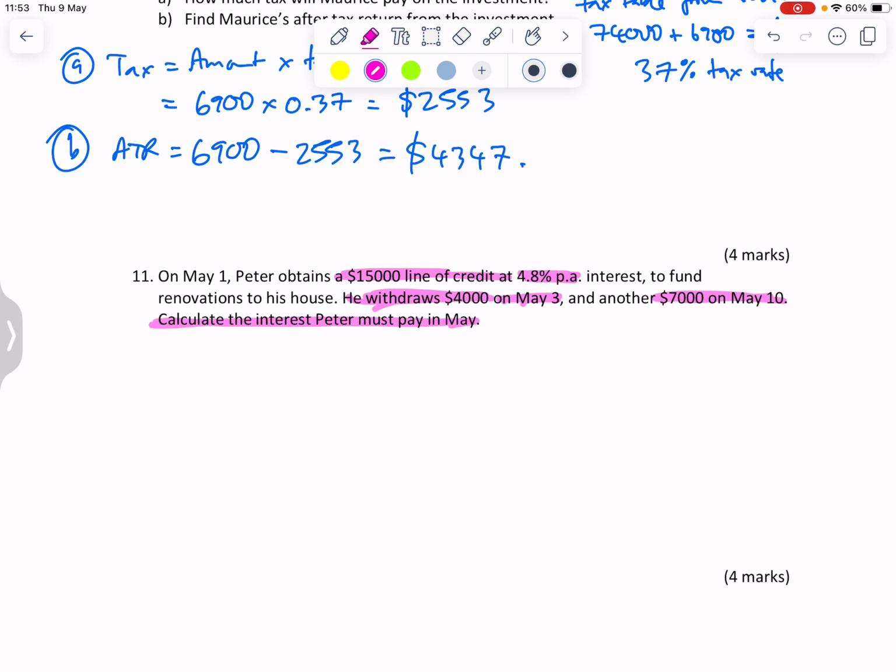So, let's deal with all of May. May is January, February, March, April, May. May is 31 days. Check with your knuckles. So every time there's a different amount,